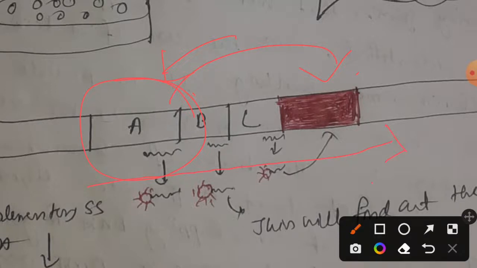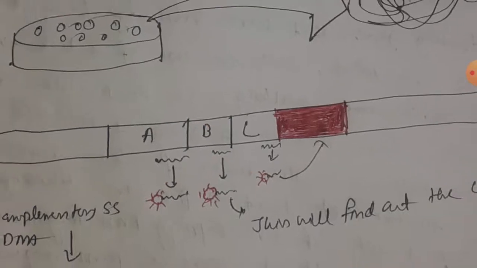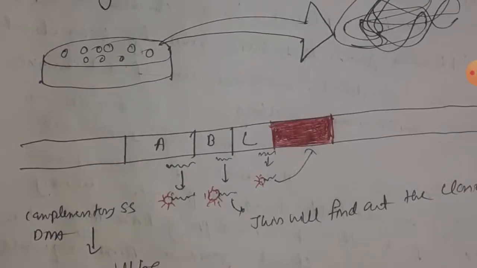So that is the overall idea about chromosomal walking. With the help of this method, various human genes and other organism genes have been isolated and sequenced. Okay, so again I am repeating the entire thing,